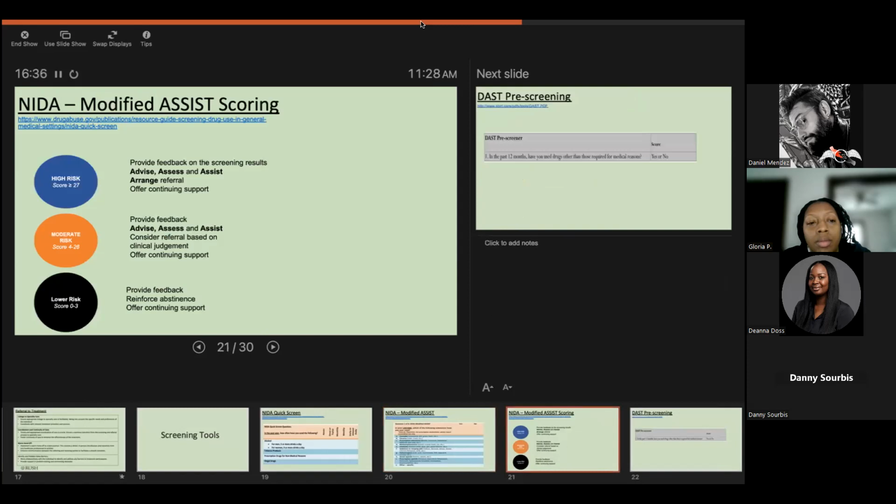And so this is the NIDA Assist scoring. If you're high risk, we'll provide feedback on the screening results. We'll advise, assess, and assist, and arrange referral with continuing support. If it's moderate risk, which is a score of 4 to 26, we'll provide feedback, advise, assess, and assist, consider referral based on clinical judgment, and offer continuing support. And if it's lower risk, we'll provide feedback, reinforce abstinence, and also offer continuing support. So that's the